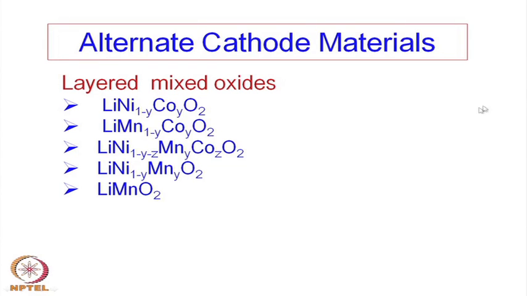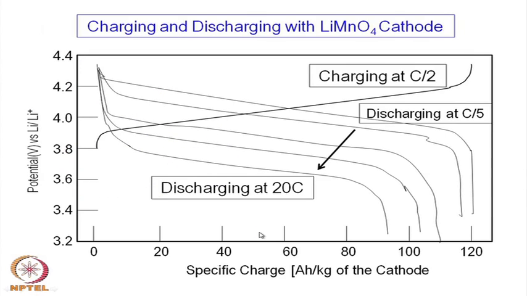Cobalt has been replaced by nickel and manganese, and here it is only manganese, and this of course is a different, though the same structure. This is LiMn2O4, which will have a spinel structure, but this is also the same structure. Okay. So, these are some of the layered mixed oxides, and here are the charge-discharge characteristics of